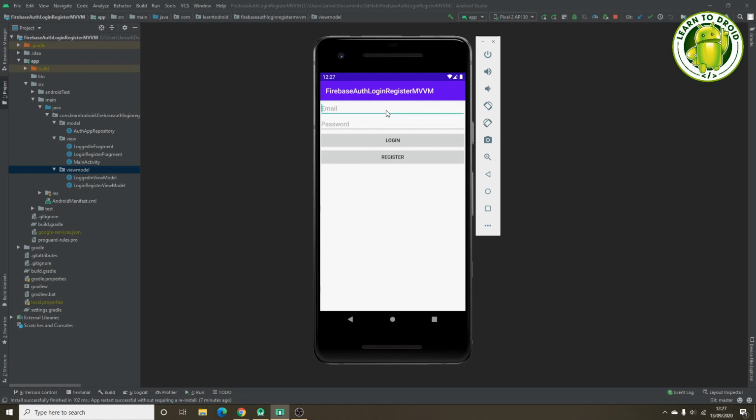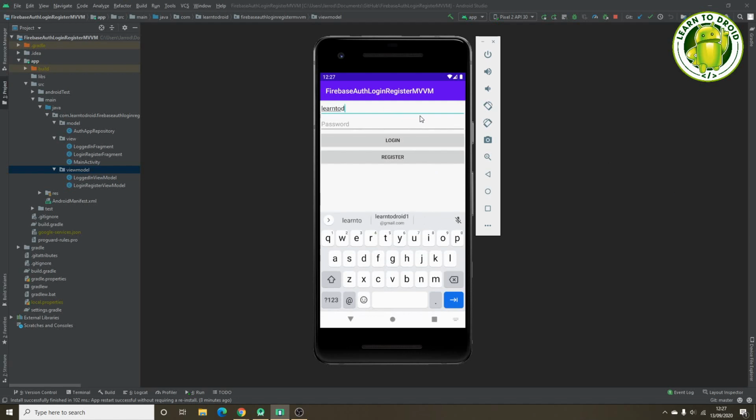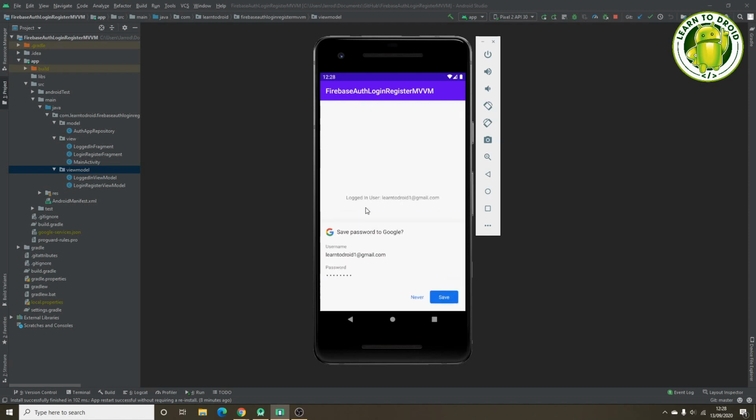try to log in with incorrect credentials. Enter droid@gmail.com, password. This will fail, login failure. And if I correct this and I select the login button, it will process the login successfully and take me back to the